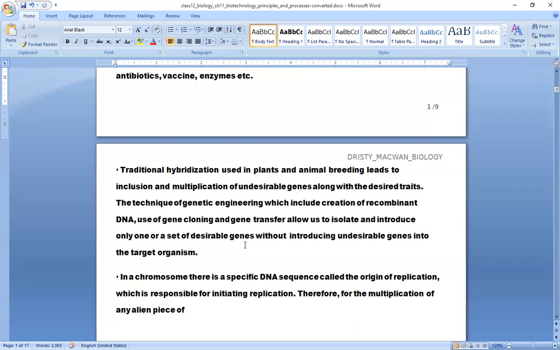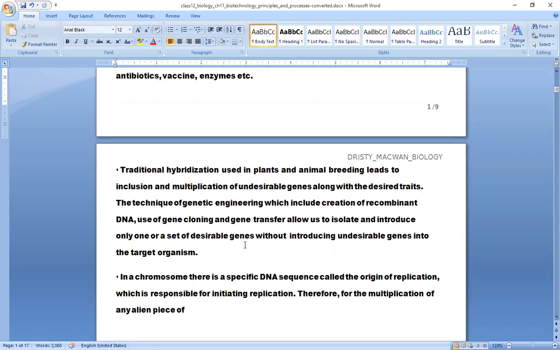Once you are isolating them from the cell, then you can incorporate that particular set of desirable genes. Now you have the whole genome, but if you need only 5 genes, what you are going to do is take those 5 genes and incorporate them into the host body. Say, for example, 10 genes were there but you need only 5 genes, so you take the 5 desirable genes from the organism and then incorporate them.